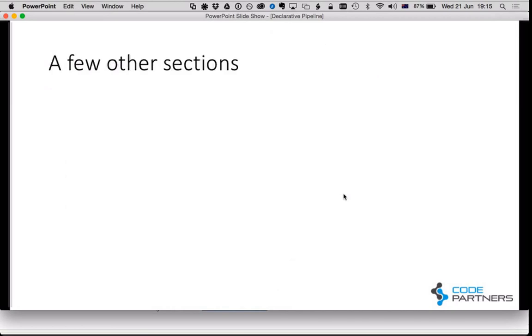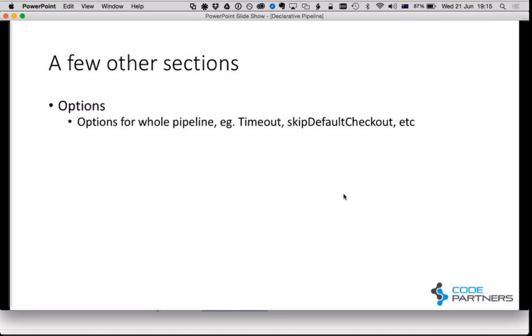Okay, there's a few other sections that I'm not going to go into in a whole bunch of detail, but I'll at least make you aware of them. There's an options section which, as the name suggests, lets you set options for the pipeline. Things like timeout periods, things like, actually I didn't state it